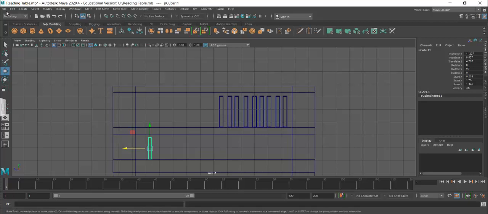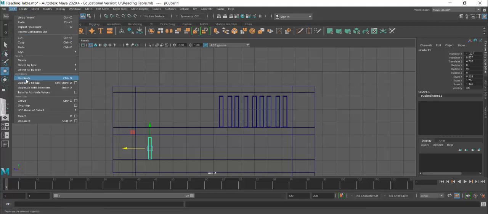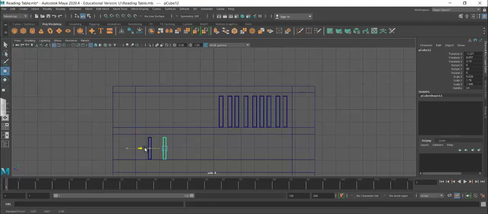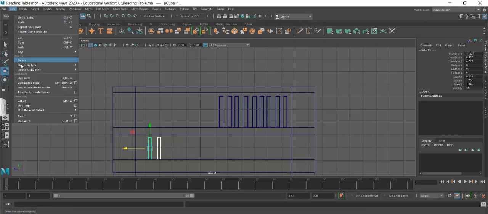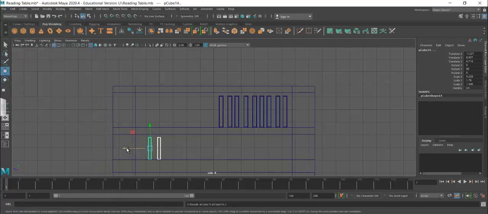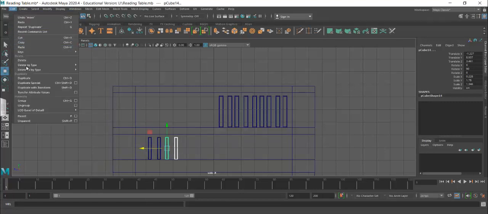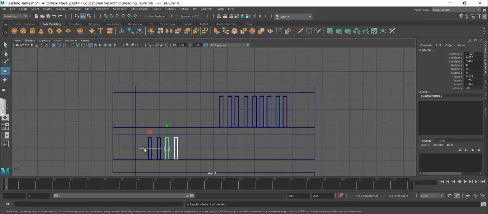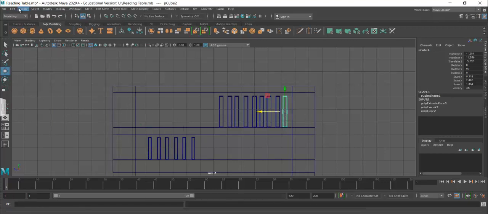And then again, duplicate. Select them both. Edit, duplicate. Edit, duplicate. I'll select another one from the top and then edit, duplicate,